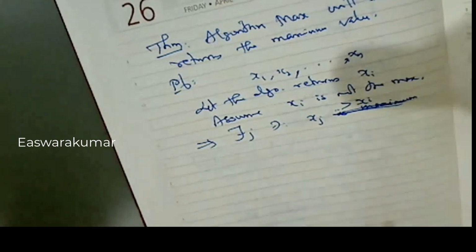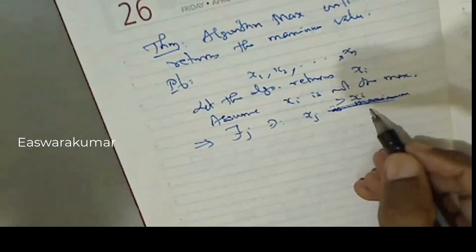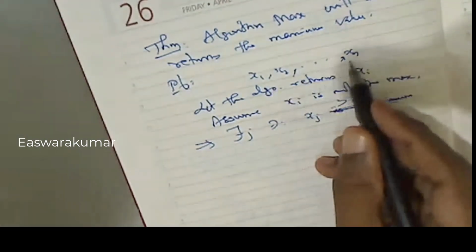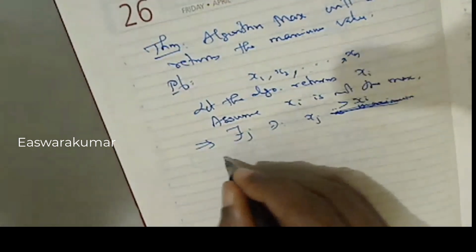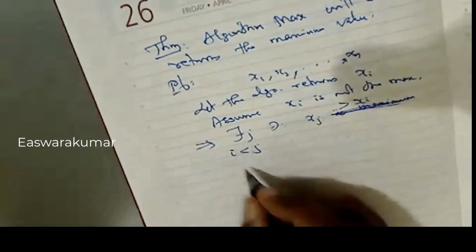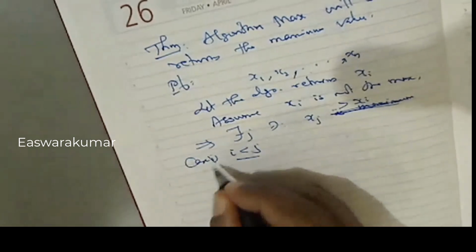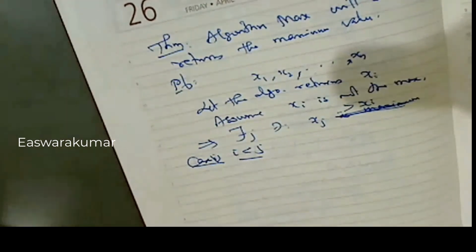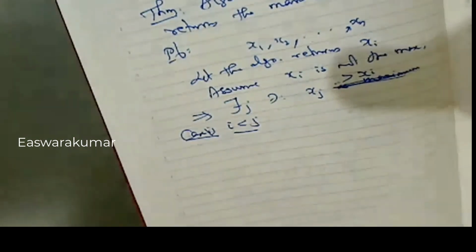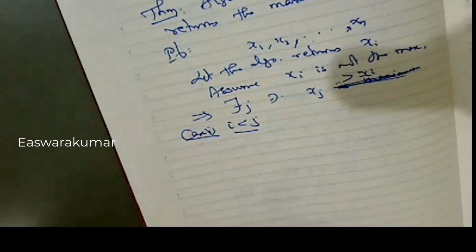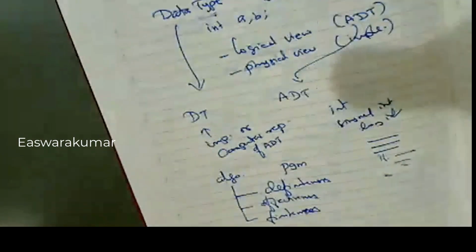So here there are two cases. What are i and j? i and j are the indices of the array, the ith position and the jth position. So there are two cases. One is that i can be less than j. Case 1 is i is less than j, that is, xi is appearing before xj. Now if we look at this algorithm,